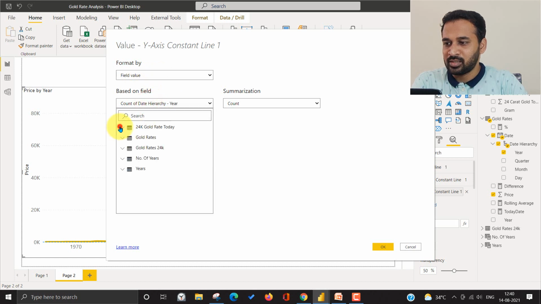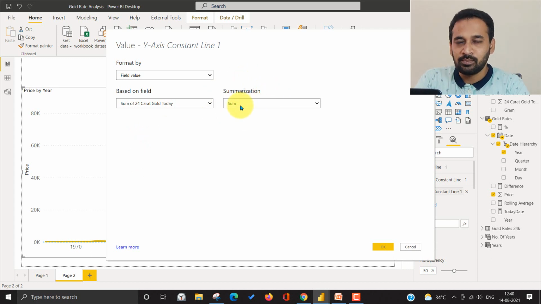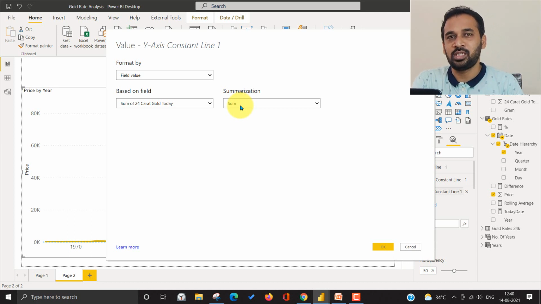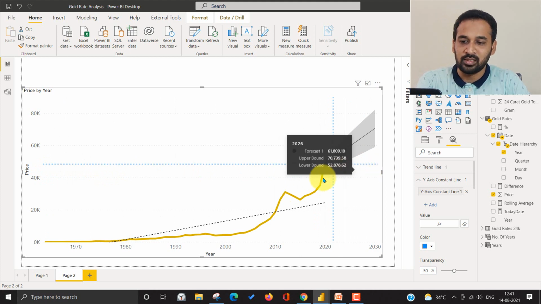Here I'm going to select the table and the value, and in the summarization I'm going to use Sum. Previously for the x-axis we used measures, but here I'm not going to use a measure. I'm going to use the plain table itself because it is just one value, and this feature is also available. So I'm going to use that and then click on OK. By doing that, this is going to add a Y-axis constant line.